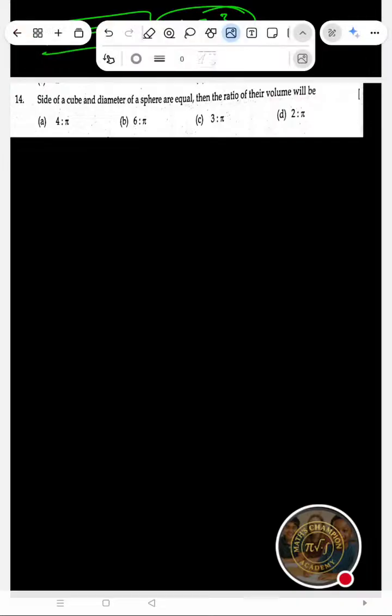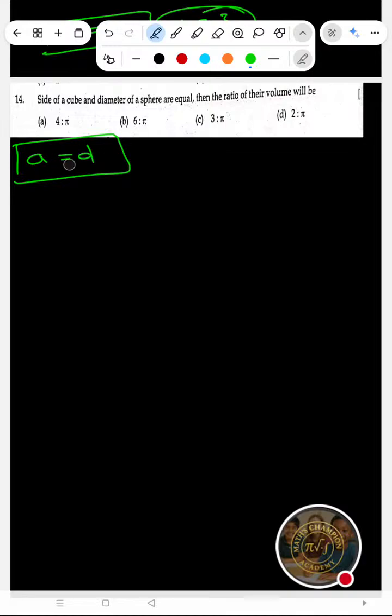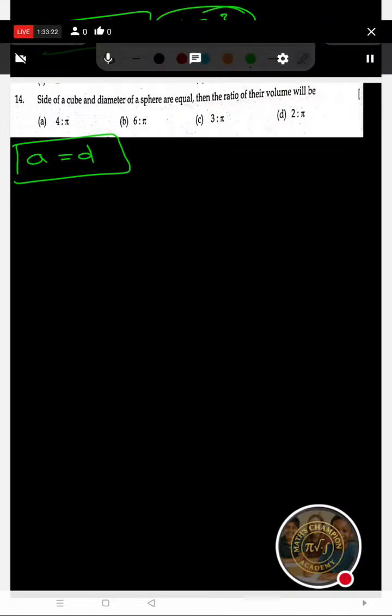Side of a cube and diameter of a sphere are equal. If you take the side as a, this a is equal to the diameter of the sphere. Both are equal. Side of a cube and diameter of a sphere are equal, then find the